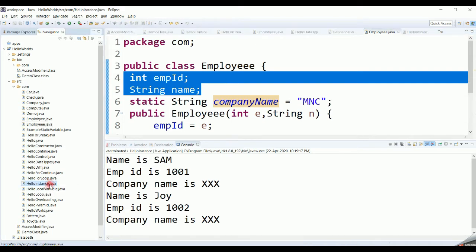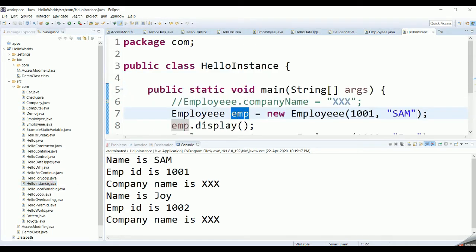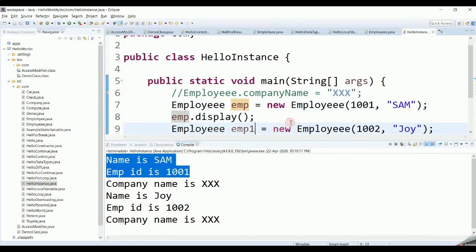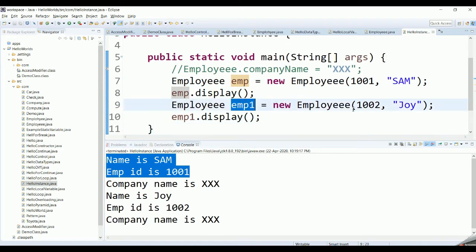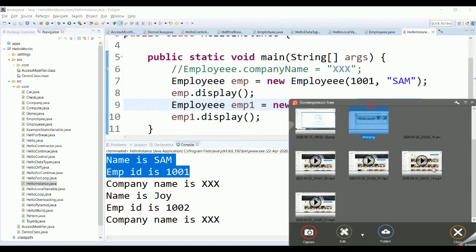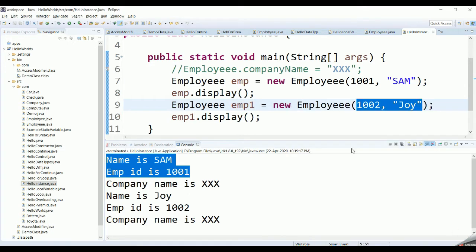For example, when you create the first object and call the display method, the values are 1001 and Sam. And when you create the second object and send different values, its values are different. So the value changes based on the instance or the object. That is, it stores the state of the instance or the object. So those variables are called the instance variables. They can be altered using the objects that have been created.